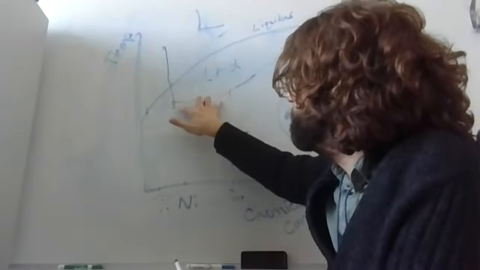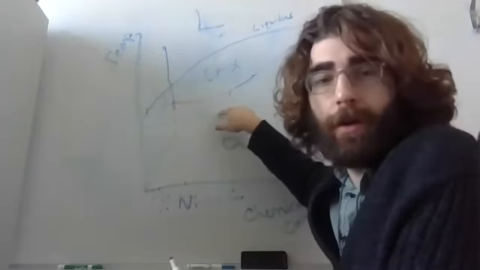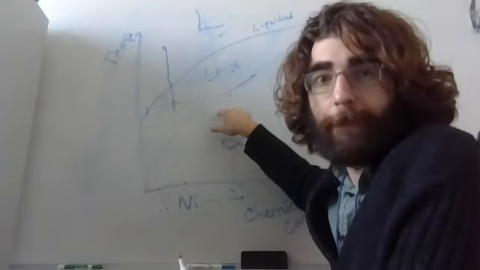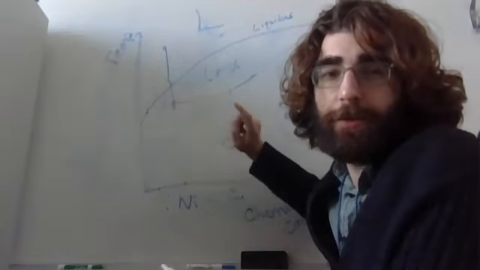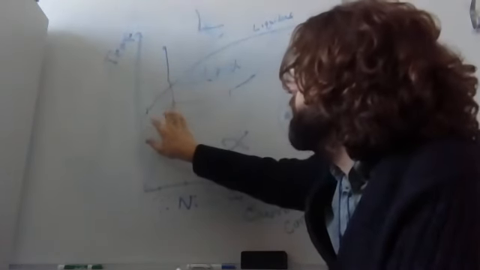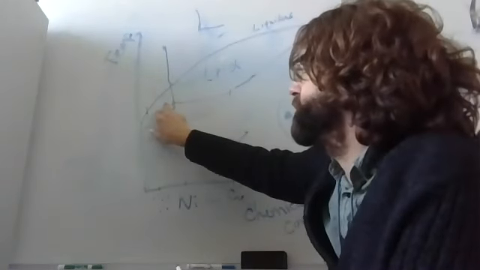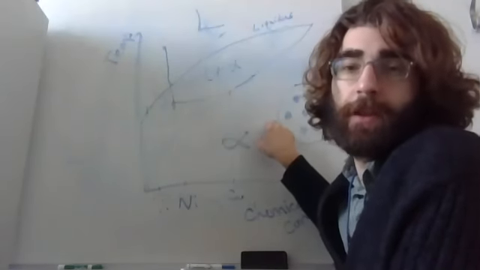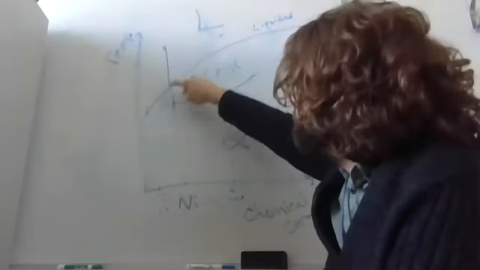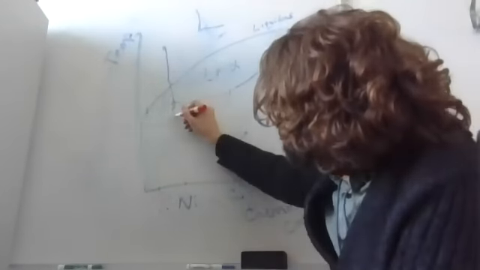We compare this distance to the length of the whole, and then we get a percentage that corresponds to the liquid phase. And if we compare this distance to the length of the whole, we get a percentage that corresponds to the solid phase. And as we traverse this line, we could see maybe down here,